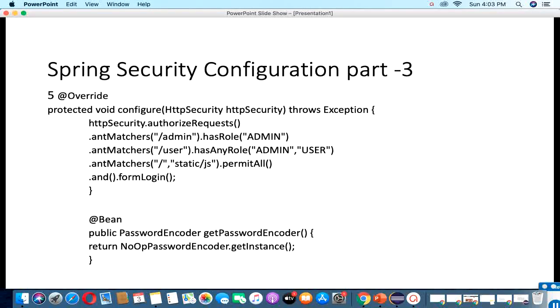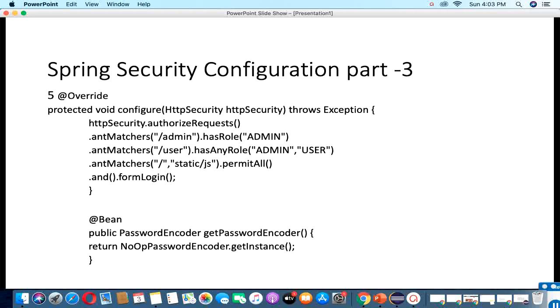And if we need to create multi-layer HTTP security, then we need to create one HTTP security with authorized requests. In authorized requests, we need to match the different types of roles. On the basis of role, we provide the URL access. Like if I have created one role, admin, and a request comes from the admin only, then it will allow access to that URL. So the admin is responsible to access the admin information, but no user is able to access this admin URL.